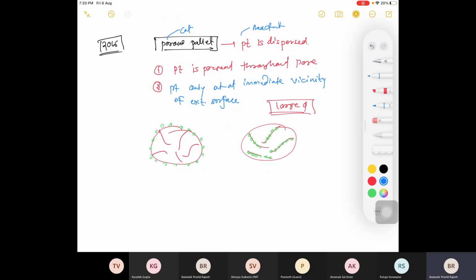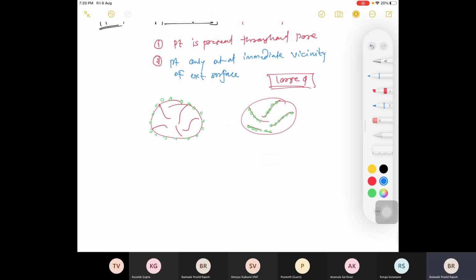So option B is correct because I marked it there. Now please tell me why that is. Sir, as phi is high, rate of reaction will be high. Yes. So rate of reaction is high means diffusion will be less. Diffusion less means scenario 2 will be possible. So that is your answer.